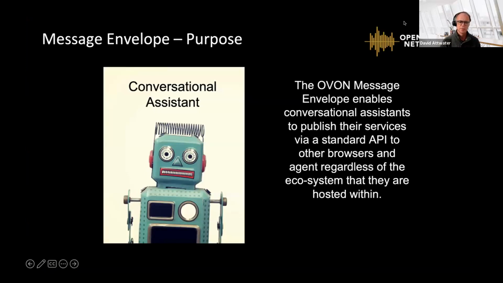The purpose of the message envelope is, imagine you're a conversational assistant publisher. So you have a conversational assistant. It could be an extremely general one, like Alexa or one of the extremely general ones, or it could be an extremely specific one if you're a government department, or whether you're an enterprise that's trying to provide conversational services on very specific, carefully curated information. The question is, how do you publish that bot so that it's essentially universally available? It might be living within a particular ecosystem, but you don't want it to have to stay within that ecosystem. You want it to also be accessible from other ecosystems, and also accessible by referral from other bots,